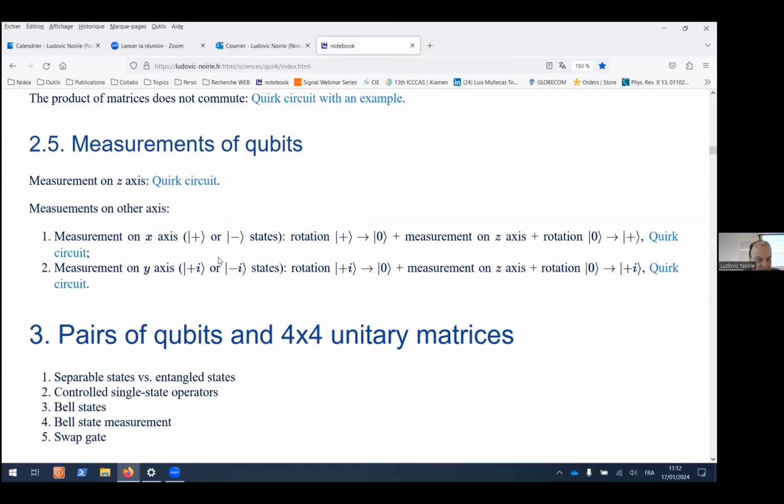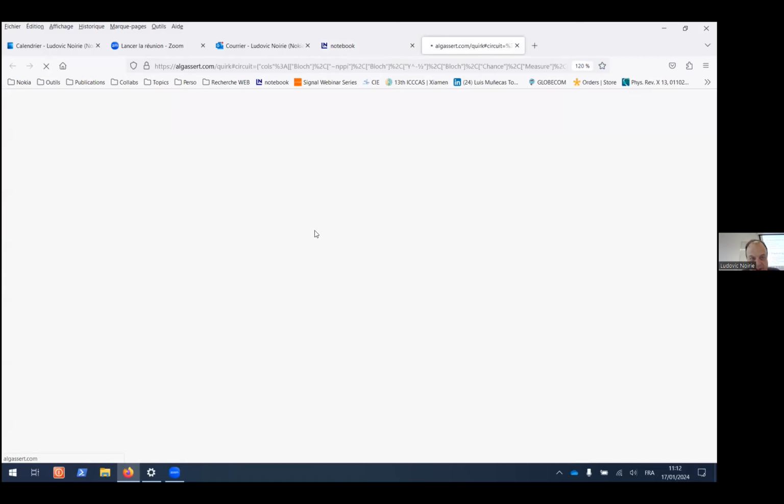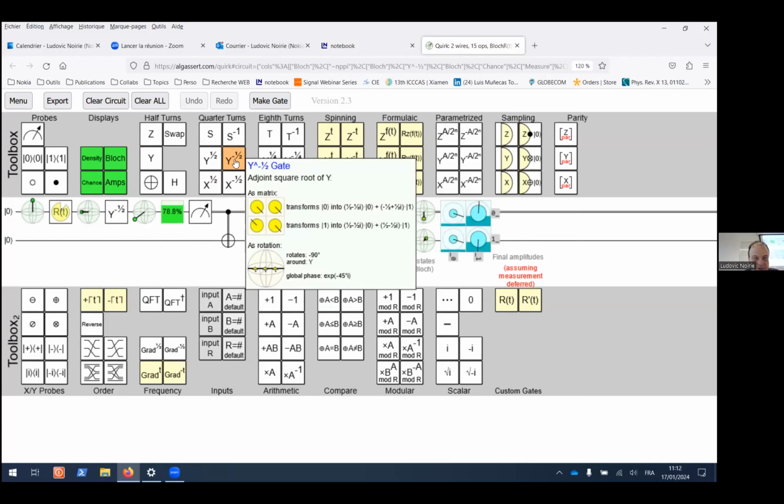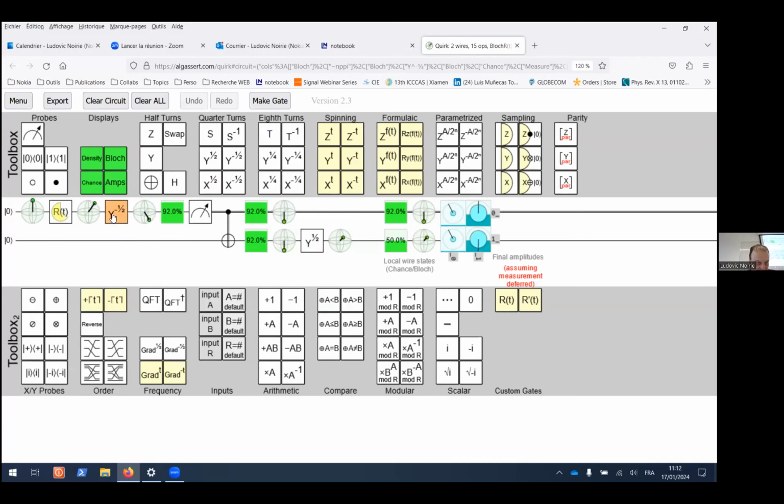So you have only measurement on the z-axis, but you can measure on the x-axis by some trick. Here you just apply the y minus 1/2 gate. What does it do? It's just a rotation around the y-axis with angle minus 90. This means that it moves the plus state towards the 0 state, which is on the z-axis. So by having this rotation and then the measurement, you obtain with probability 0 or 1